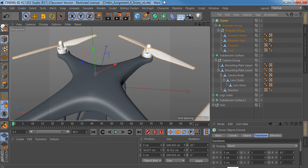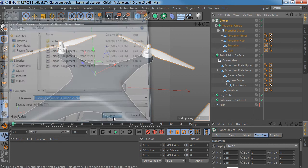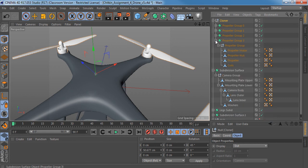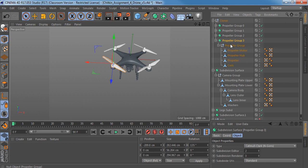Now this would be a really good idea to save and then save as a new numbered version. So I was just on version 4, I'm going to go to version 5, and the reason for that is now I'm at another one of those checkpoint, no going back stages, a point of no return. When I make this cloner editable, I now have 4 propeller groups, and let's just say that I was a slacker and I didn't rename all my stuff correctly,